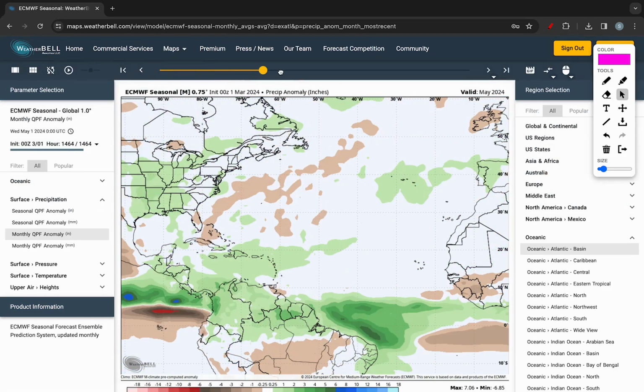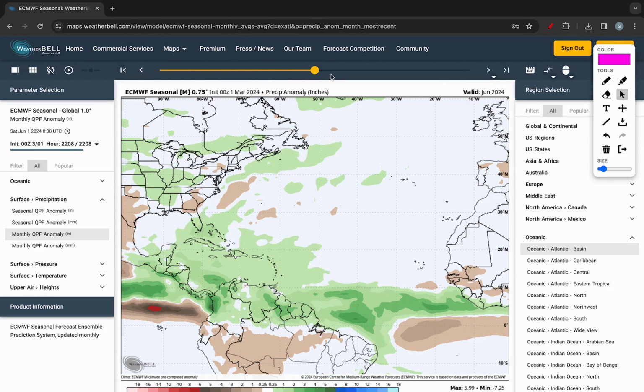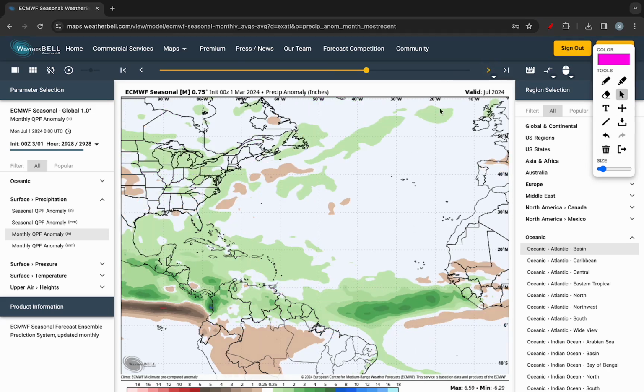So we're going to go to June, where we do see low pressure systems are going to track westward towards the Caribbean, due to a strong Bermuda High. And really what we're seeing here is that there could be a lot of recurvatures in the very early season of June, and also some into the eastern Gulf of Mexico. As we go into July,